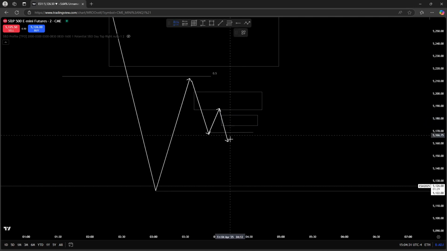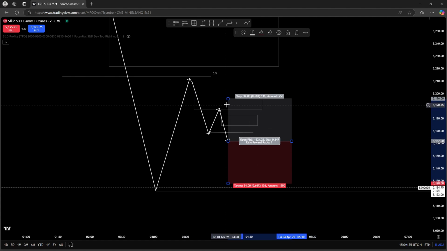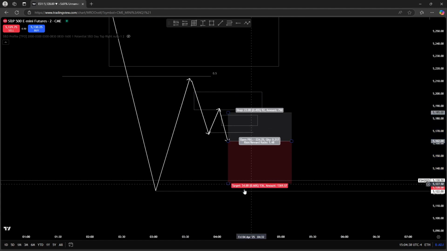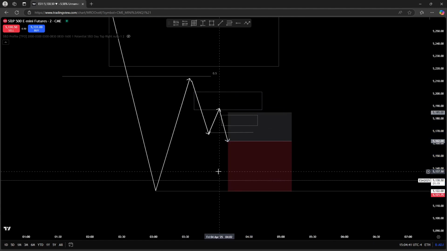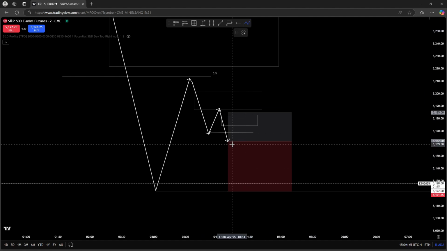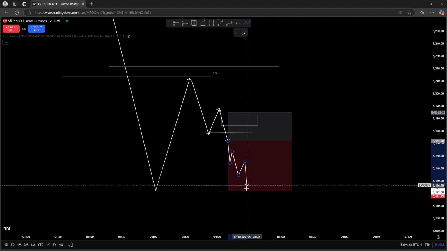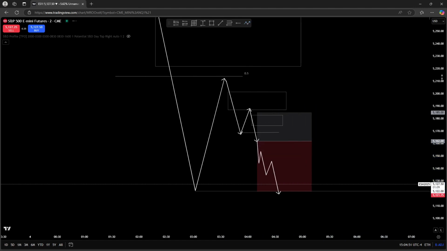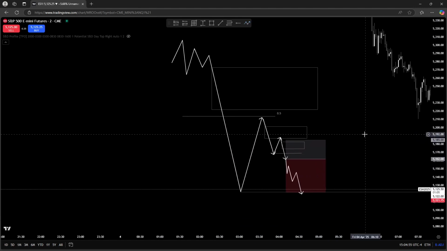That this fair value gap is kind of like a stop. So for me, enter here off the close. I'll explain the entry once we get into the candles. Stops up above the fair value gap and take profit at the low. And essentially, nice moves, and basically the rest is history. And this is basically what the trade looked like. I'm going to keep this here, and we're going to look at the charts right now.